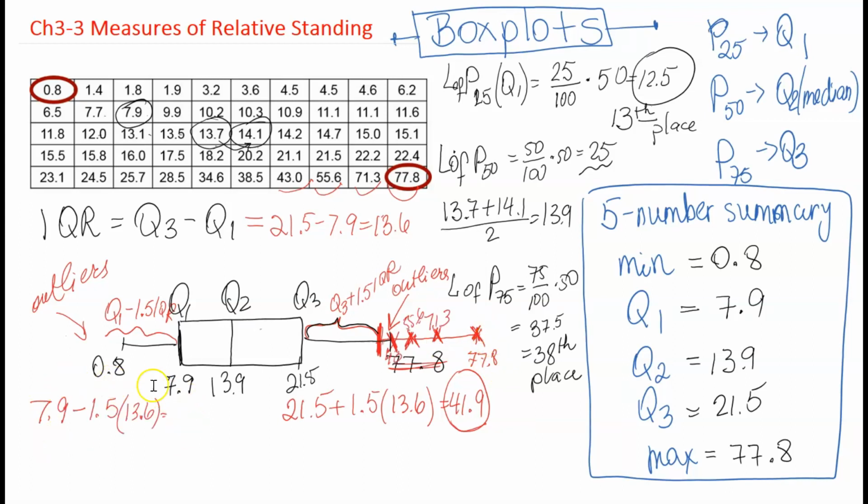To find the cutoff score for the data value that will separate significant low values from non-significant values, we multiply IQR times 1.5 and subtract from quarter 1, giving negative 12.5. Of course, the speed cannot be a negative number, so there are no significant low outliers, but there are quite a few significant high outliers.